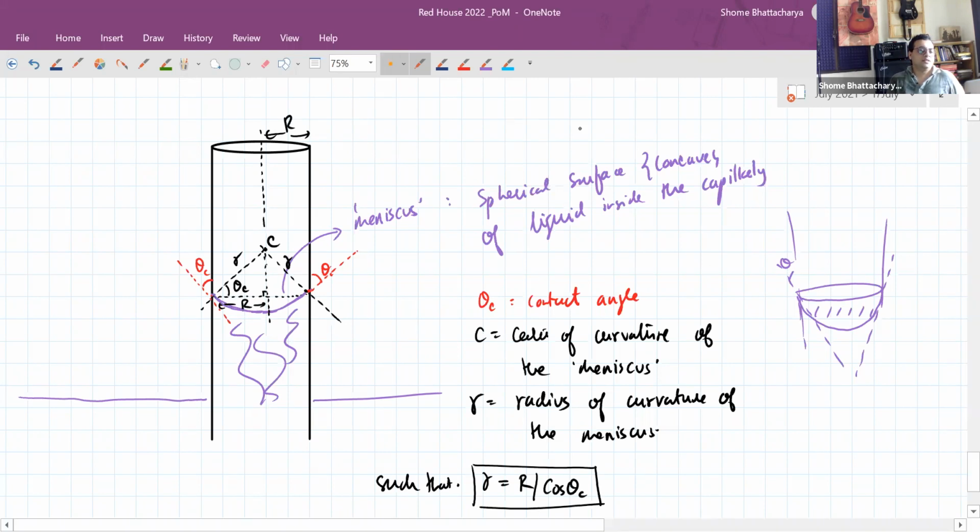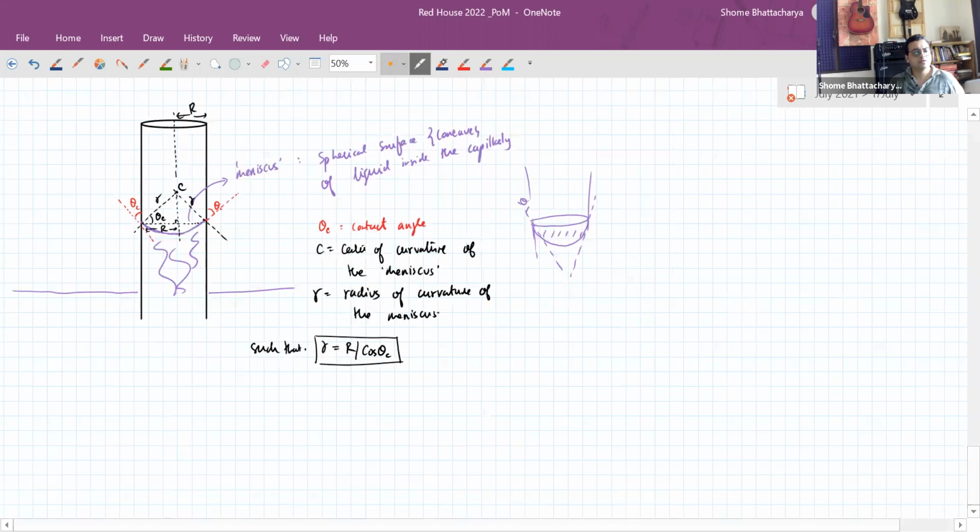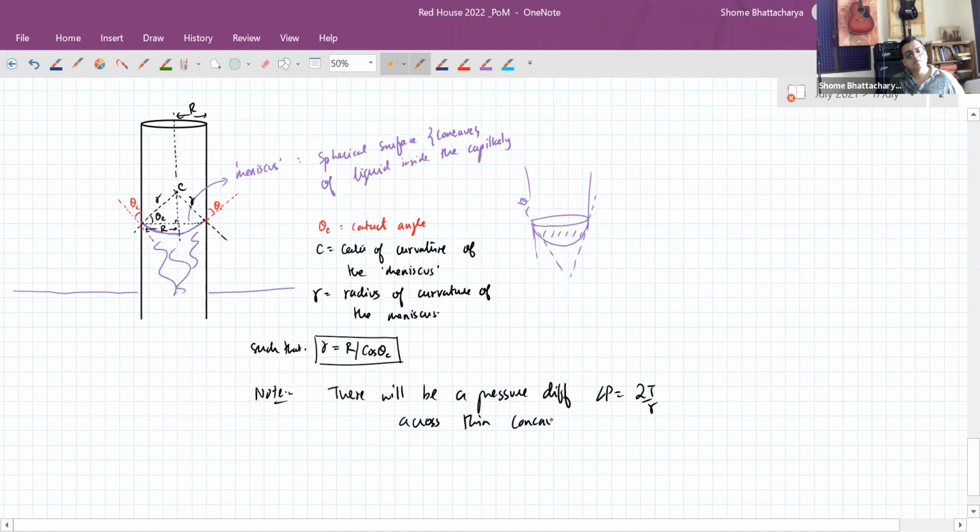So now what happens is that this meniscus created, it creates a pressure difference. The other thing to understand here is that there will be a pressure difference of delta P equal to 2T by small r across this concave meniscus. And always the concave side has higher pressure. So going back to this,